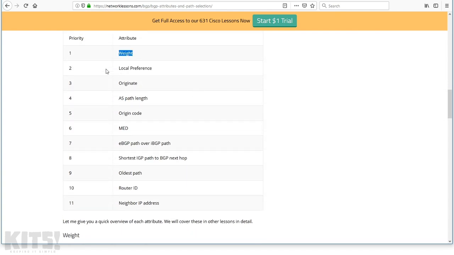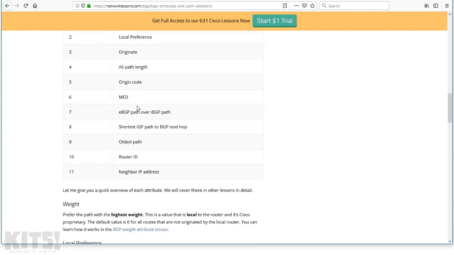In the case of Cisco, it says, okay, the number one way we're going to find the best route, it's whichever BGP route has the highest weight. I think I chewed on my tongue when I said that. Has the highest weight. The second one, this is actually an RFC standard, is whichever route is tagged with the highest local preference. The third one, and you can see down and down and down the list that we go,